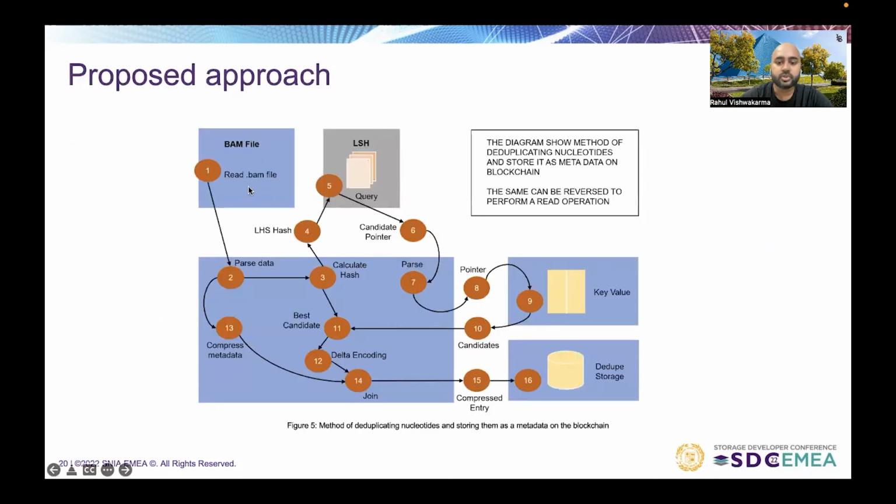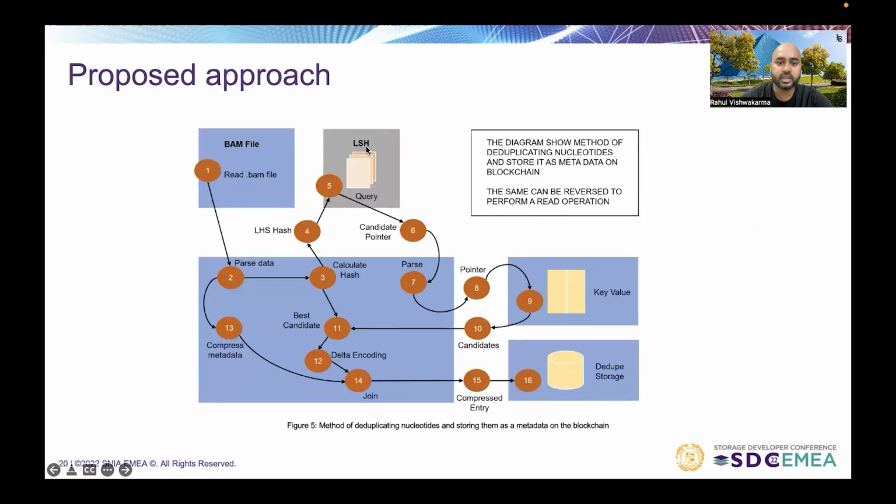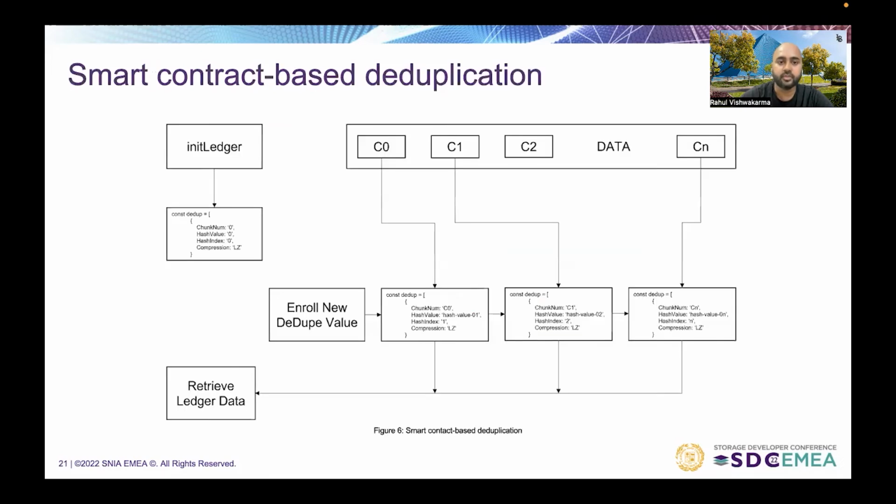Now, this is the proposed approach of locality sensitive hashing and key value store. So LSH and key value store. Initially it will be a BAM file, how we encoded the data. So it will be a binary alignment map file, and we will push it and perform locality sensitive hashing, and finally a key value pair will be created, and after doing some pre-processing we will compress it, and finally it will be stored to a dedupe storage, and this information will be encoded as DNA in